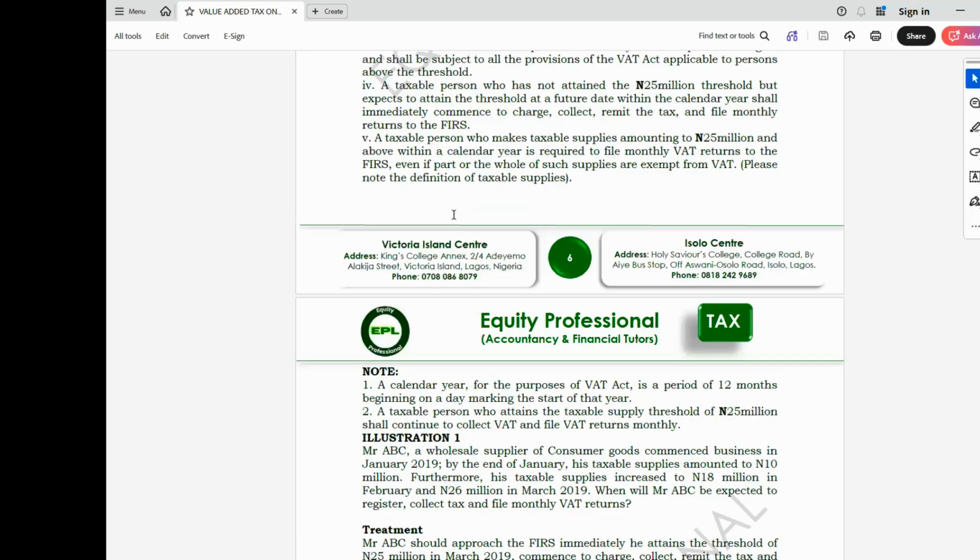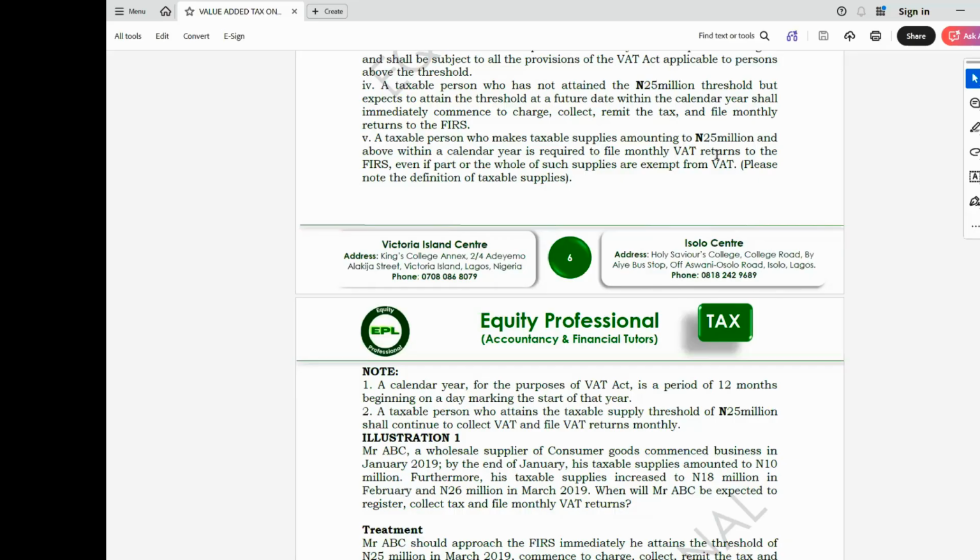So basically, the VAT threshold is a period of 12 calendar months. Those that do not get up to 25 million naira in a year are not expected to charge VAT on their transactions, and they are also not expected to remit VAT to the relevant tax authority,